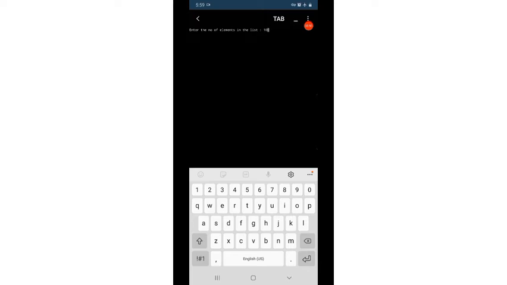So let us write 10 elements. Enter the number of elements in the list, 10. So 3, 2, 3, 3, 4. I am repeating the elements because we have to find out the count.